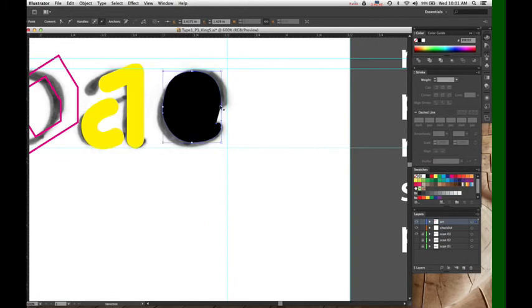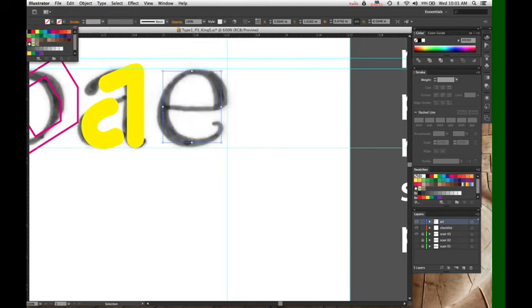So let's go up here, no fill. Let's do a cyan stroke for this, just to differentiate when I'm working with the width tool.